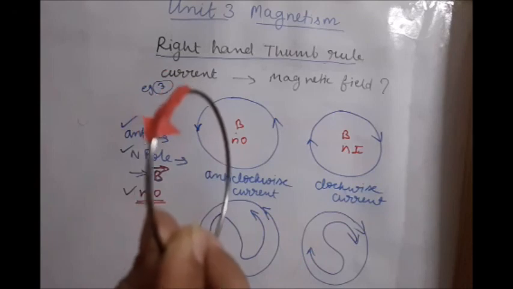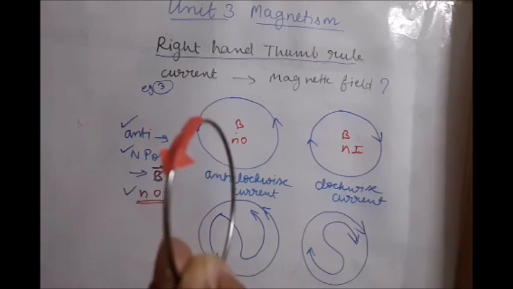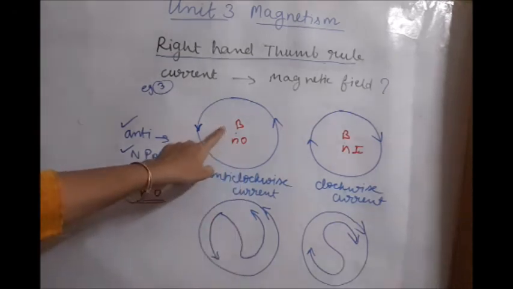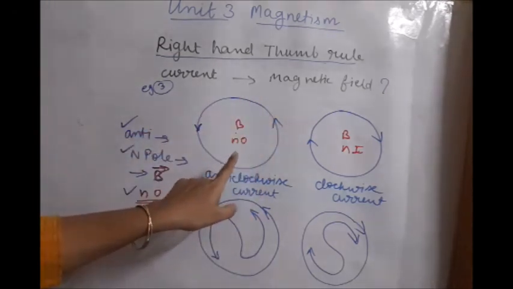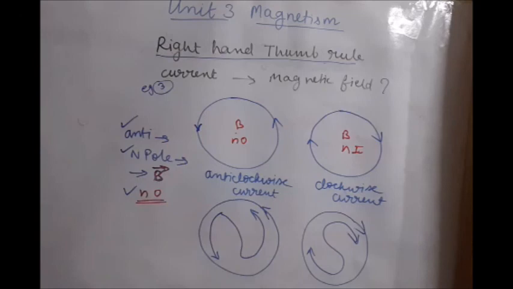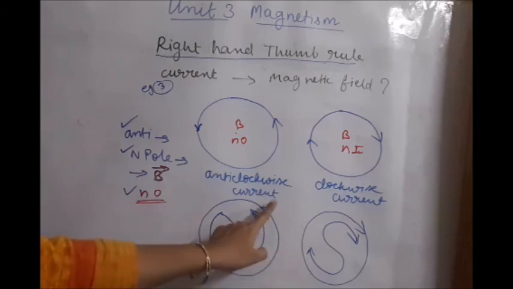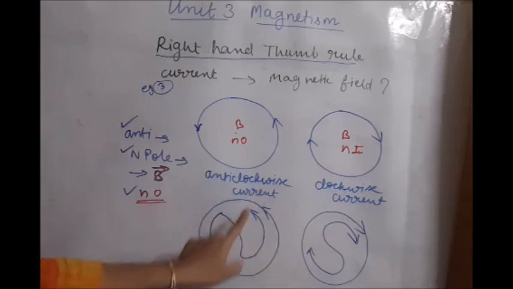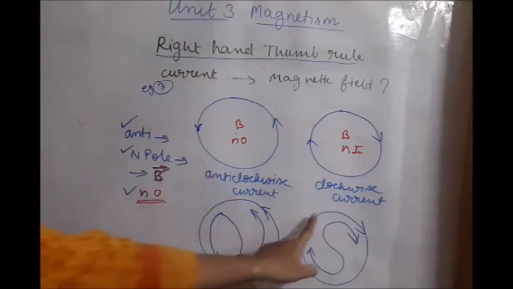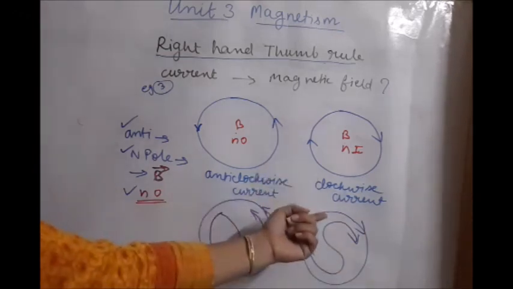That's why every circular current is a magnet having two opposite poles. Okay, and how to identify the poles? You have to remember this manner. If anti-clockwise current is seen from the front, then it is the north pole, that is, its back side is the south pole. Okay, so learn this technique of poles. Anti-clockwise current, from N learn N: anti-clockwise current means its front is the N pole, so its back side is the south pole, and for clockwise direction of current this is the south pole, so its back side is the north pole.